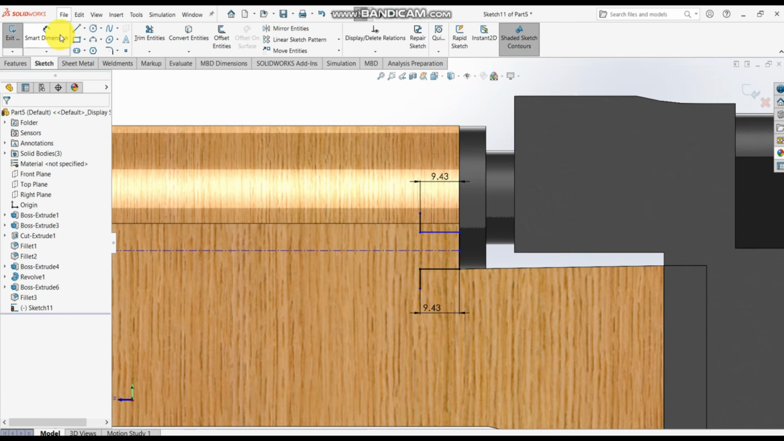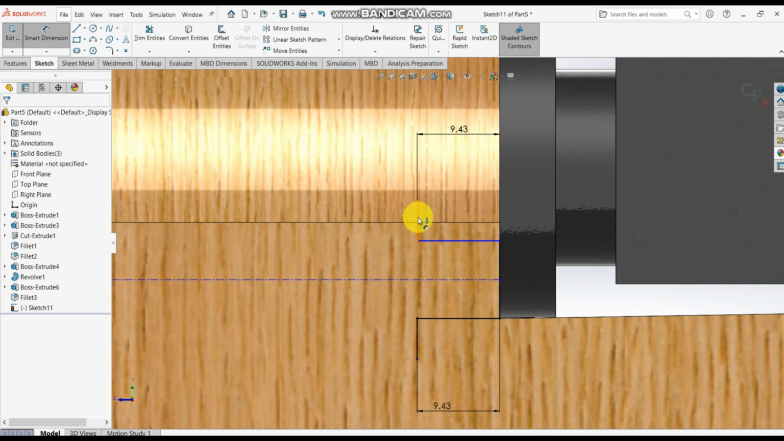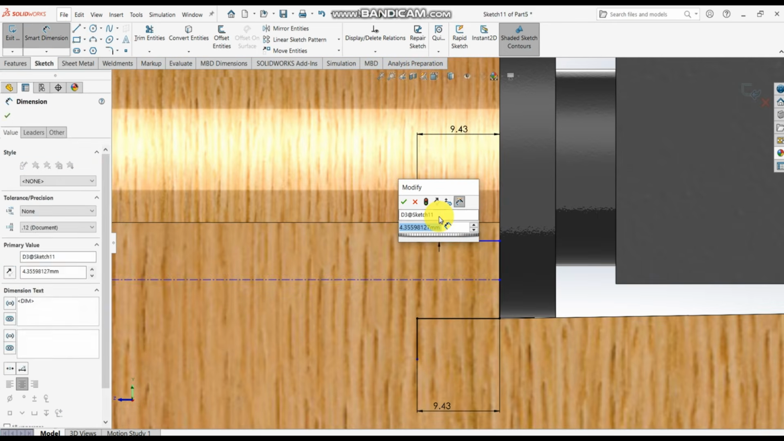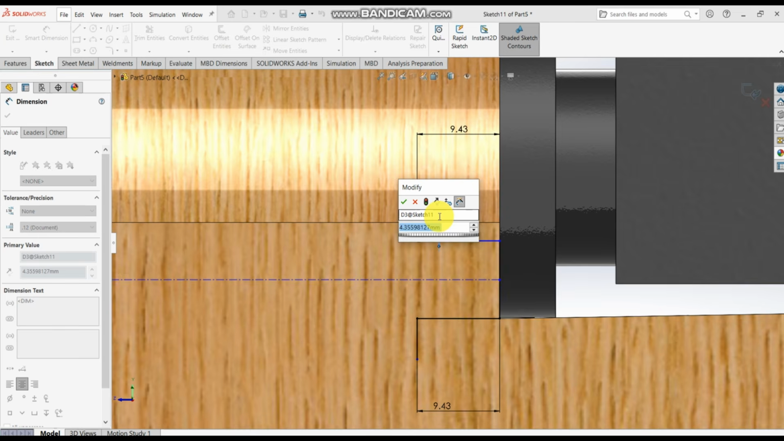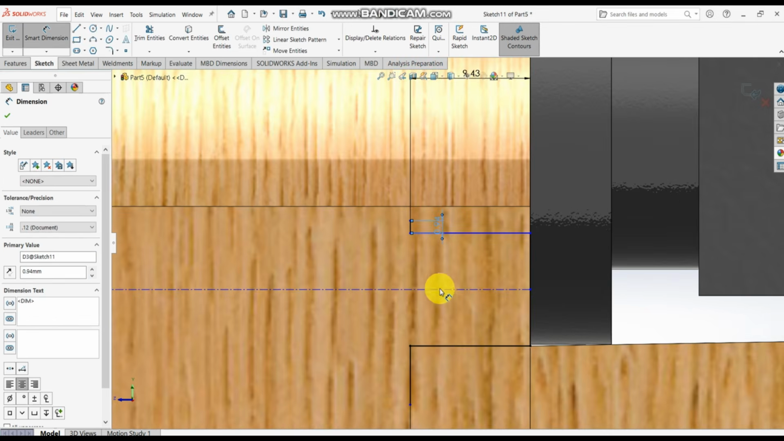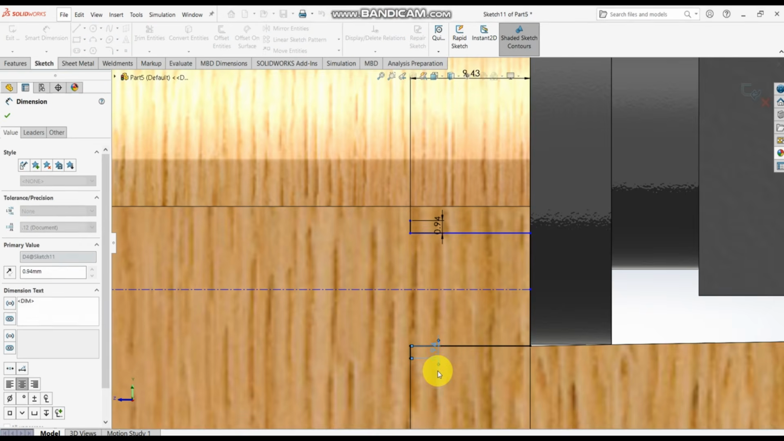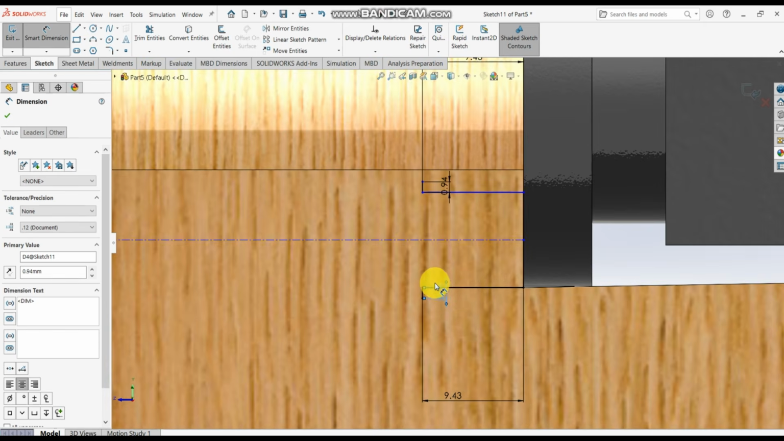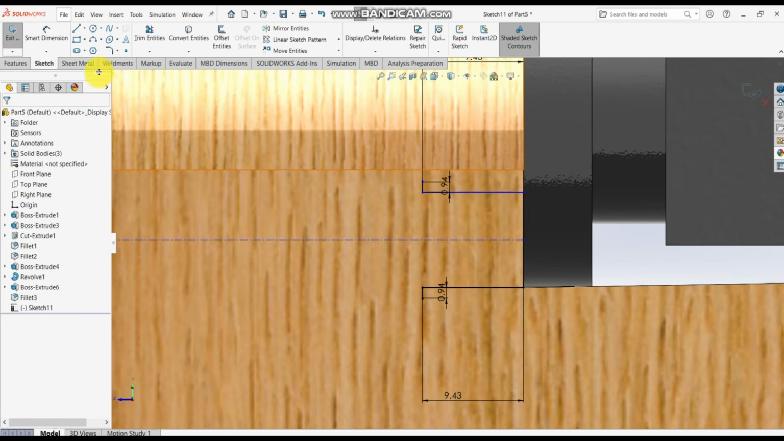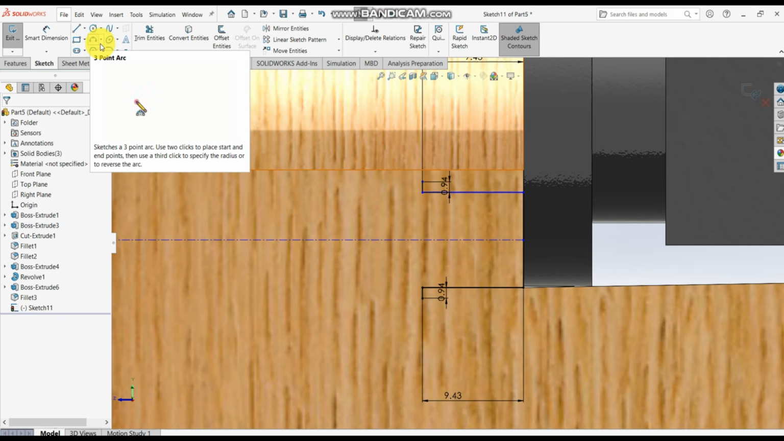I tap escape, then I come to dimension. I'm going to dimension this small line. It is 0.94 if I'm not mistaken. Okay, so I'm going to come here, and the dimension is 0.94. So, since I've been able to do that, then I'll create